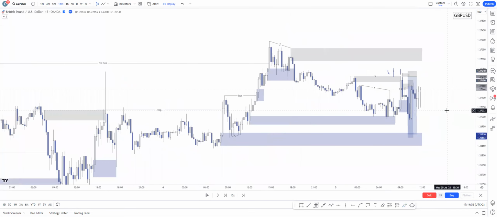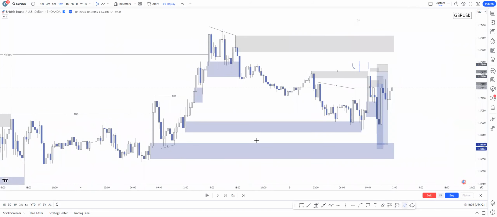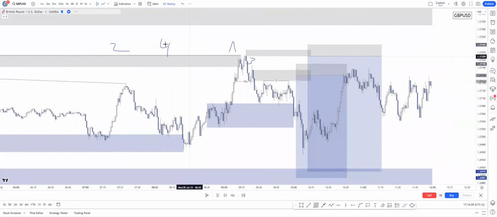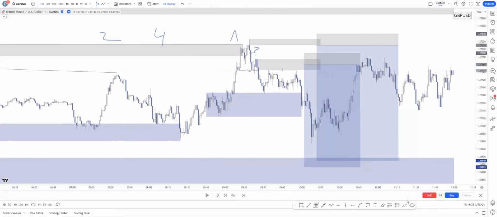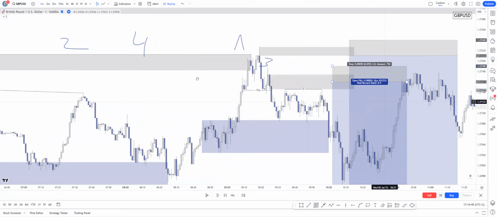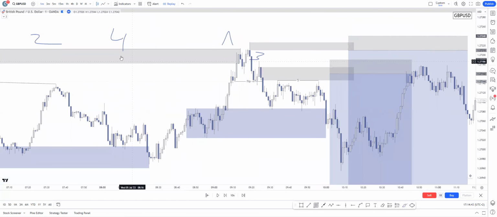Pro trend, it wasn't that clear, because if we take a look here, technically after this 5-minute demand mitigation, price has changed the character here, but reacted on the last valuable supply and swept an insane amount of liquidity. At this point, after the reversal, there was some bearish pullback, bearish order flow to the downside, but it wasn't that clear. Yeah, it wasn't that clear, but it was countable because price was in a bearish order flow on the 15-minute time frame. It was a really slow movement, but it was a bearish order flow. So yeah, that's why I counted the pro trend criteria.